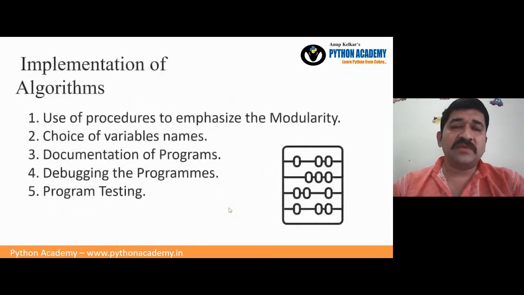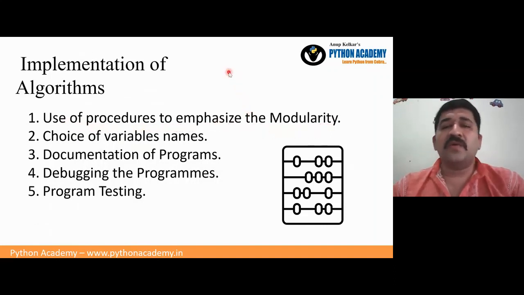Okay. So the next thing that comes into the picture is how to implement that, the implementation of the algorithm. So you can use procedures to emphasize modularity. Instead of writing a single piece of code which may consist of, say, 100 lines, 200 lines, you try to divide it. You make small modules. So modularity of the algorithm is also important. Let's say in your program in one case you have to swap two numbers. Have a procedure for that where you call swap. You need a sorted version. Let's have sort as a procedure or a function. So as you increase modularity, it is easier to read the code. Also, it is easy to implement.